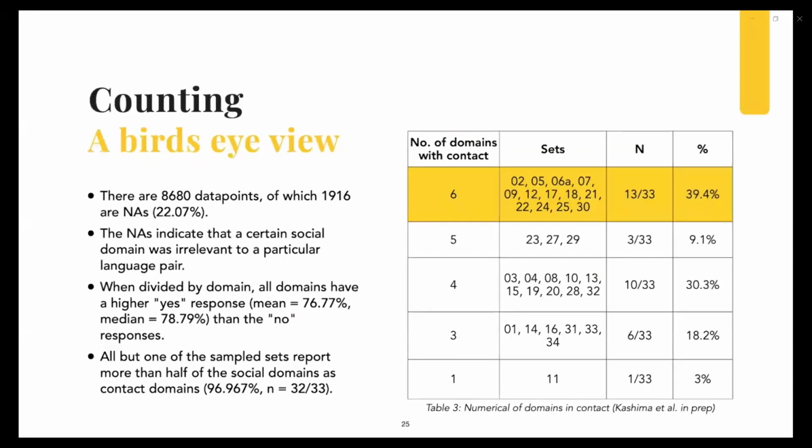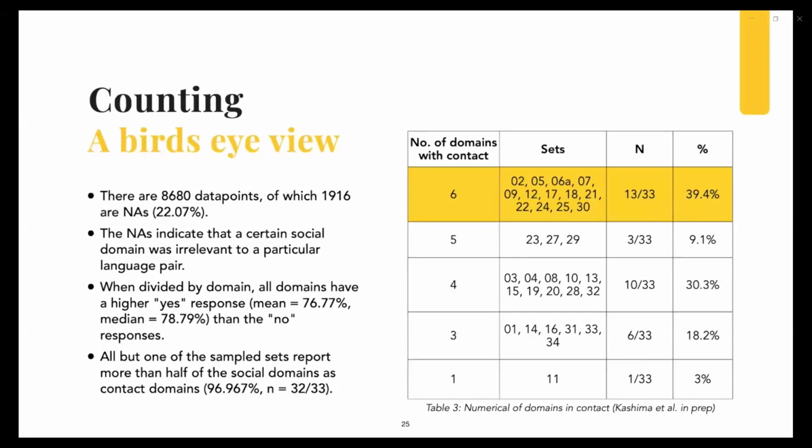So with that kind of data type, when you put things into numbers, what do we see? We find that about 20% of our responses are NAs, so not applicables. This doesn't mean that people skipped answers. What this actually means is that it's showing us where social contact didn't happen, because at the very beginning we asked, does contact happen in this domain? And if the answer is no, then that part of the questionnaire is populated with NAs. So it's interesting, about 1/5 of the data responses were NA. So overall, 4/5 of the responses, we had some kind of response, meaning that there's a lot of social contact across our sample.